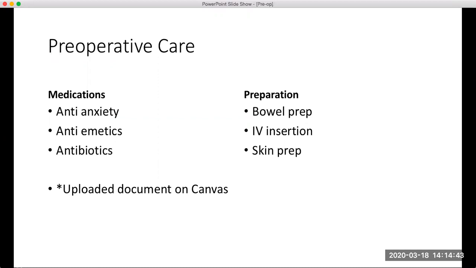Some medications we might be ordered to give, like what you can see here, medications for anxiety, like Valium or other benzodiazepines like Ativan. Those might be given prior to going down just to help relax and calm the patient. Antiemetics are provided sometimes before surgery to reduce the risk of postoperative nausea and vomiting. So things like ondansetron, also known as Zofran, a patient might get those before even going down. Antibiotics, I mentioned that when we talked about allergies, how antibiotics might be given prior to reduce the risk of